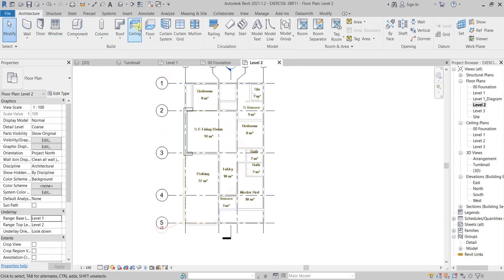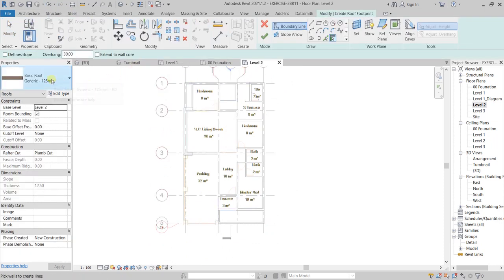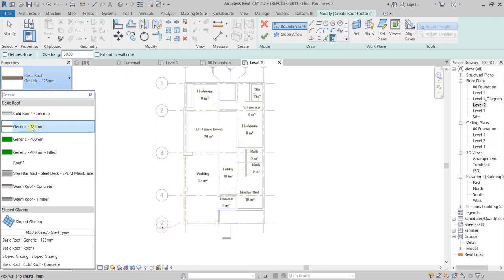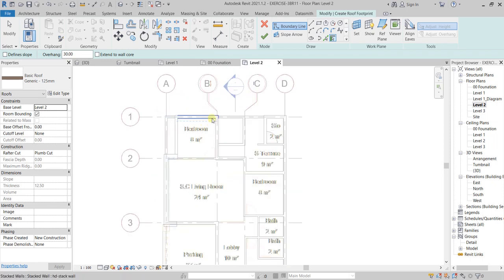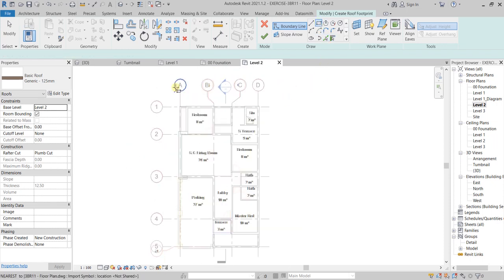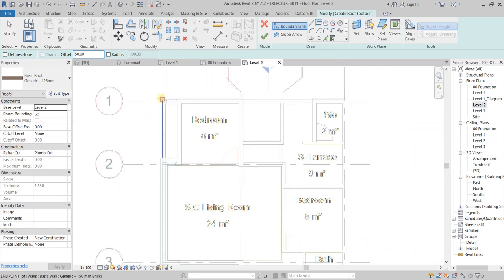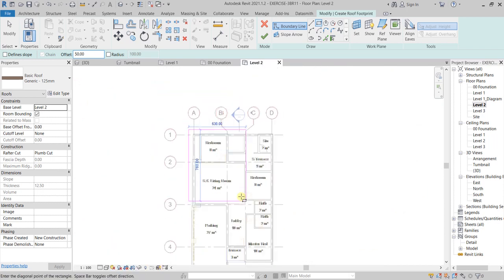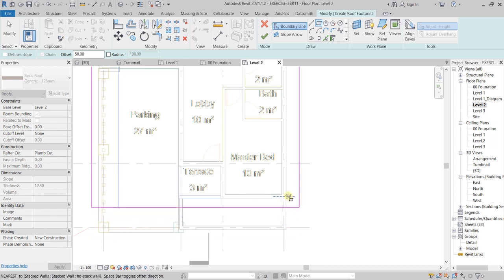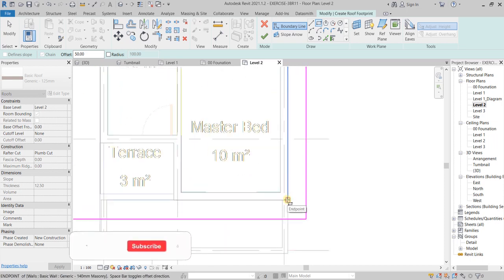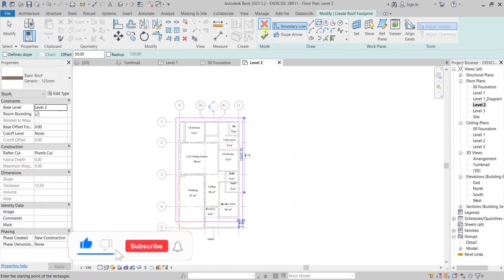Then I will go to roof, and I will choose basic roof generic 125 millimeters, and then I will use rectangular method with an offset of 50 centimeters. And what I will do, I will pick this corner here, and I will do it all the way to this corner here, and then I will hit finish,